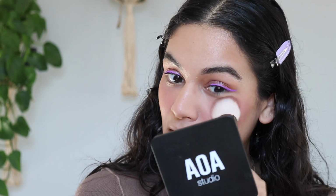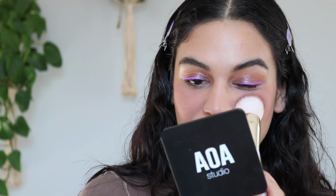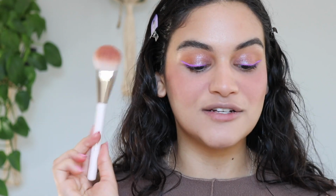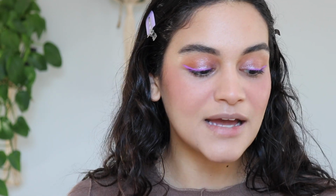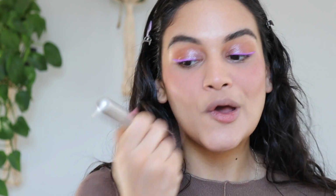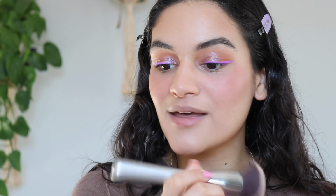It's borderline painful using this brush on the cheeks, and I did notice that on the Sephora website this brush is not available, and on the Rare Beauty website the brush says coming soon. So I'm really hoping that Rare Beauty kind of like